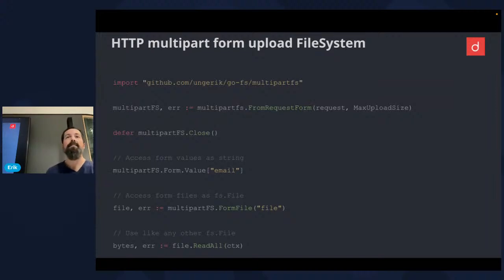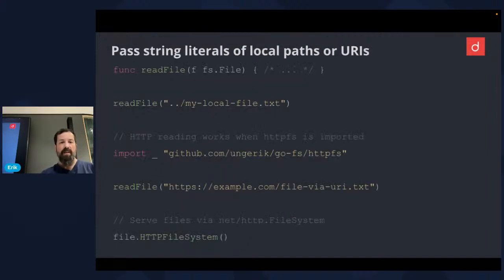Question here? The file systems that are not backed by the standard library are in separate repositories, right? So you don't pull in Dropbox dependencies. Yeah, right. So the different file systems, except for the local file system, which you're always using, are in sub packages, and you are not importing or mounting all kinds of file systems. This is also the reason why, for instance, if you want to use HTTP files, you have to import it, even if it's an empty import, so that it registers itself, and then you can use those kinds of paths.